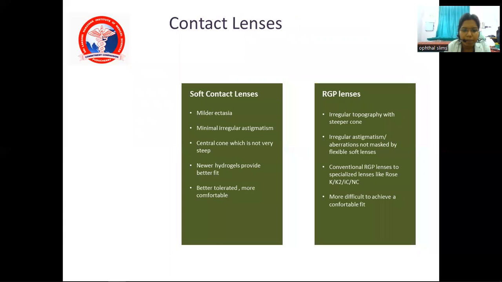This is the difference between a soft contact lens and a rigid gas permeable contact lens. Soft contact lenses can be used in cases of minor ectasia, in case of minimal irregular astigmatism, or where the central cone is not very steep. Newer hydrogels provide better fit, are better tolerated, and are more comfortable. RGP lenses can be used in case of irregular topography with steeper cornea, irregular astigmatism, and aberrations which are not masked by flexible soft lenses. With conventional RGP lenses like Rose K2 and ICLC, it is more difficult to achieve a